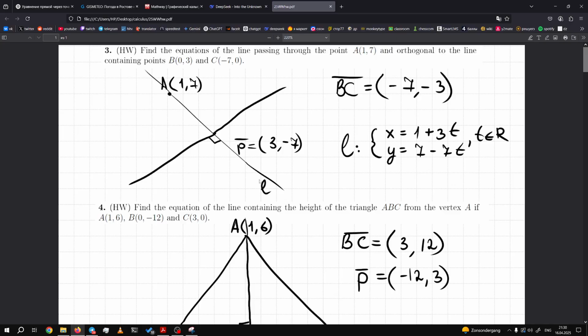So look, we need to find the equations of this line which passes through the point A and is orthogonal to the line with points B and C. So what we can do, we can write vector BC, and how can we do it? We just